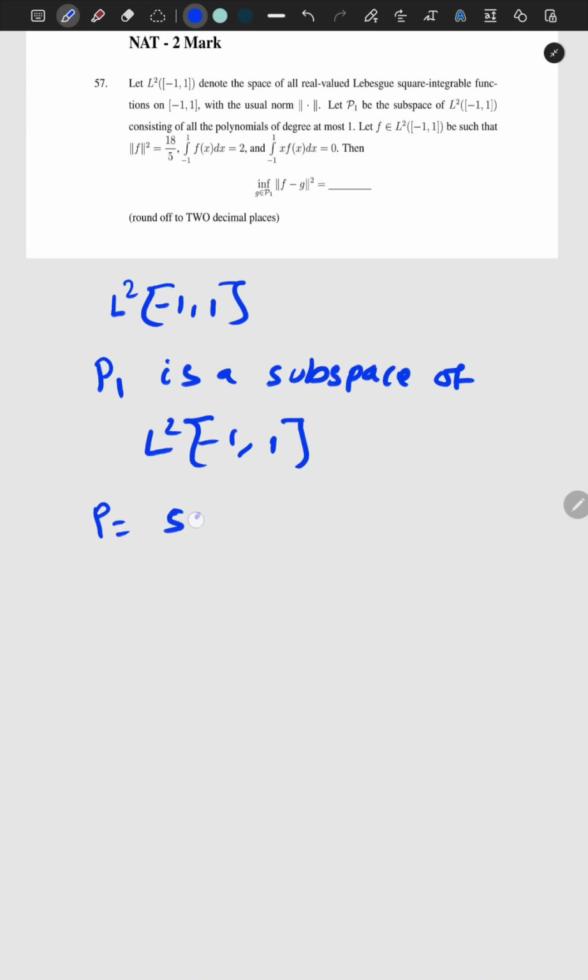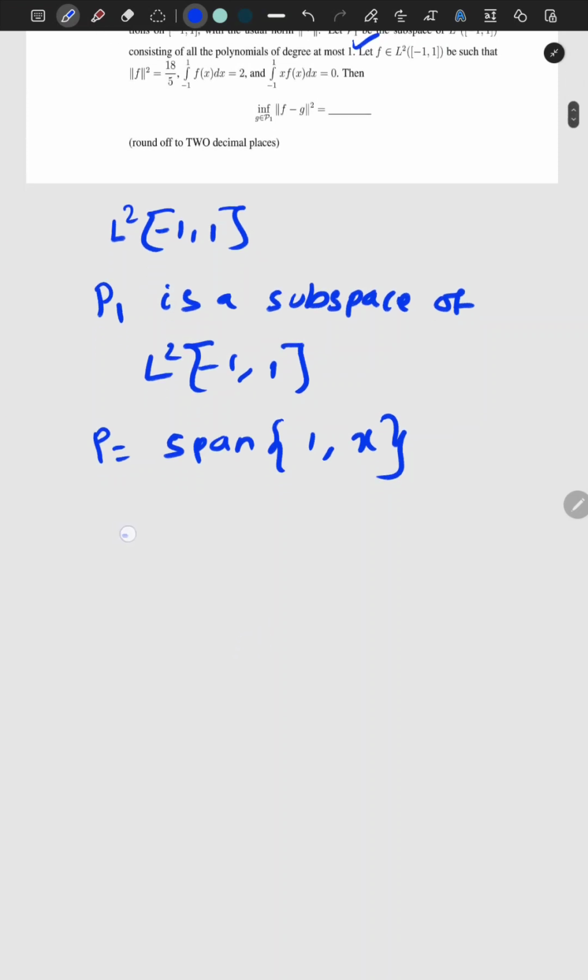P1 is the span of 1 comma x, meaning it is the collection of all the polynomials whose degree is at most 1. In explicit form, P1 looks like a0 plus a1x, such that a0, a1 belong to